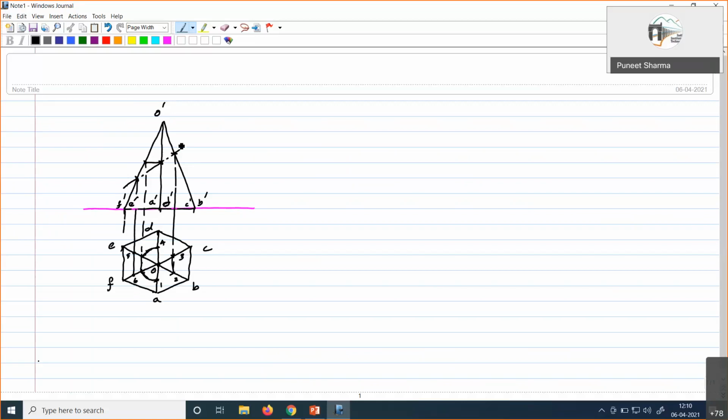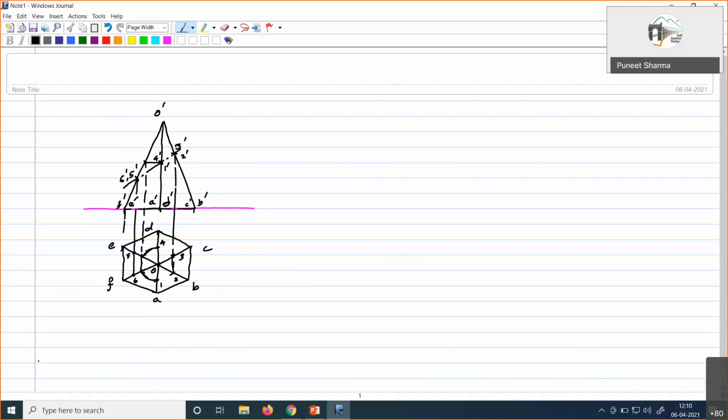Here also you'll have 1, 2, these will be dashes: 1 dash, 2 dash, 3 dash, then again 4 dash, then you have 5 dash and 6 dash. Okay. So these 6 points we locate and then we can join them to obtain the sectional top view. This 1, 2, 3, 4, 5, 6, all these can be joined to obtain the sectional top view.